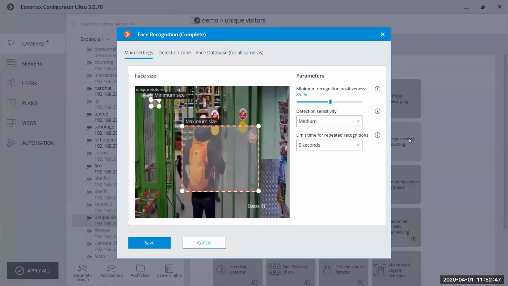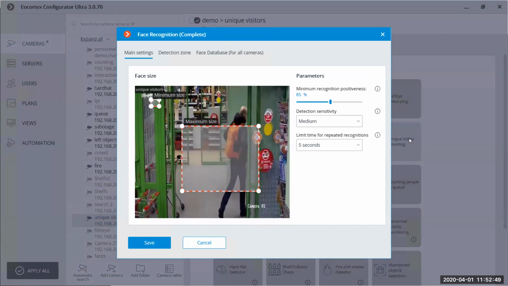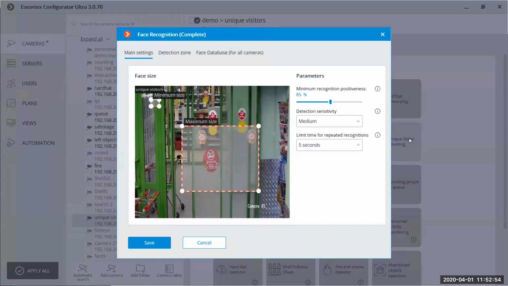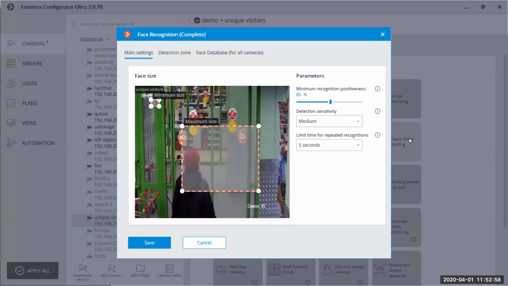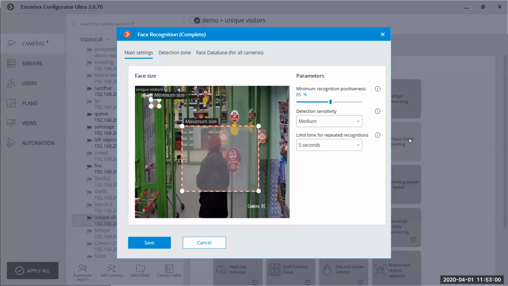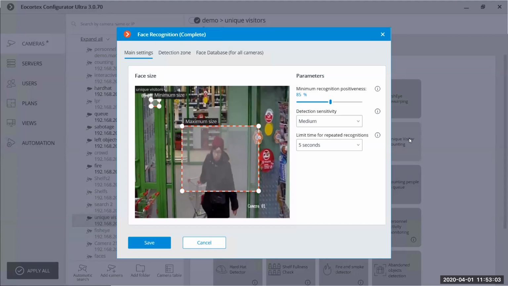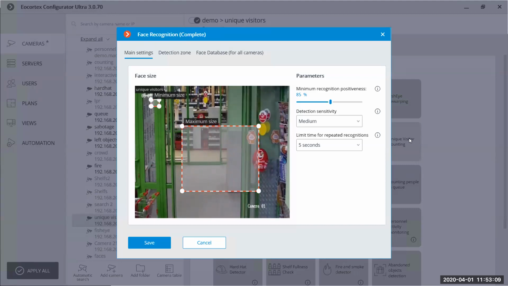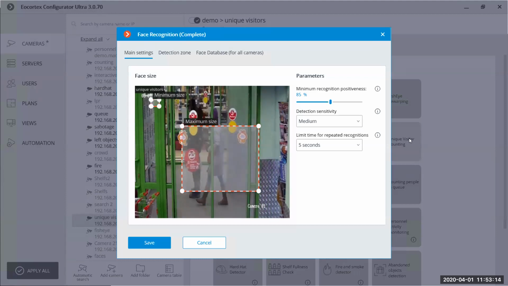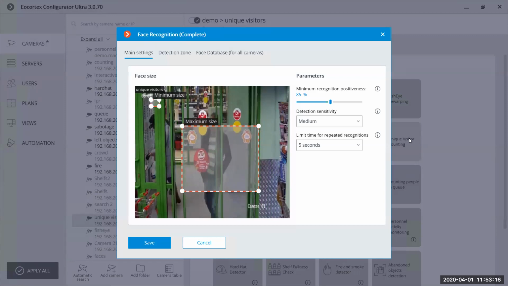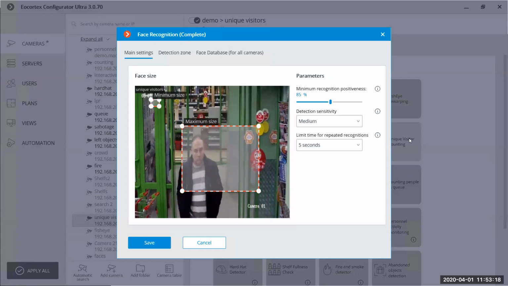Usually this module is used with a resolution of about 1 or 2 megapixel. 2 megapixel is usually absolutely okay for this module. If you have an 8 megapixel camera, it will just increase the load on the server, but the accuracy won't be better. So the best way is to use a medium resolution, about 2 megapixel.